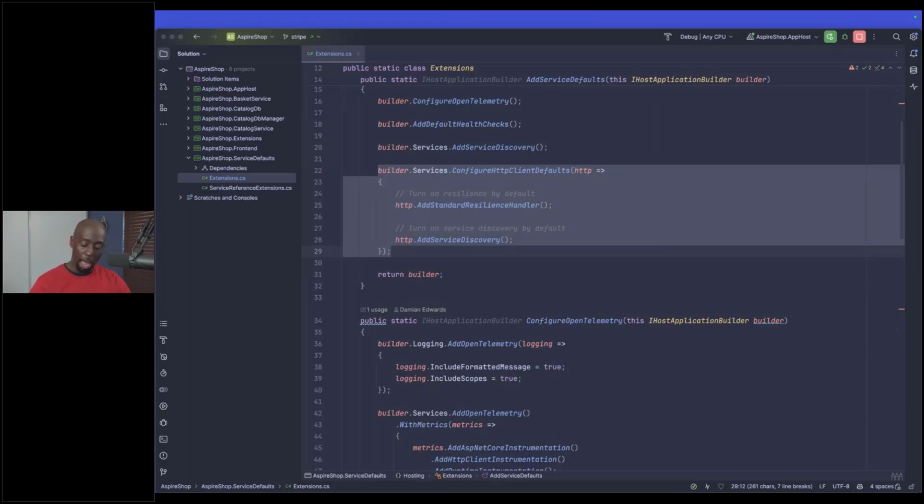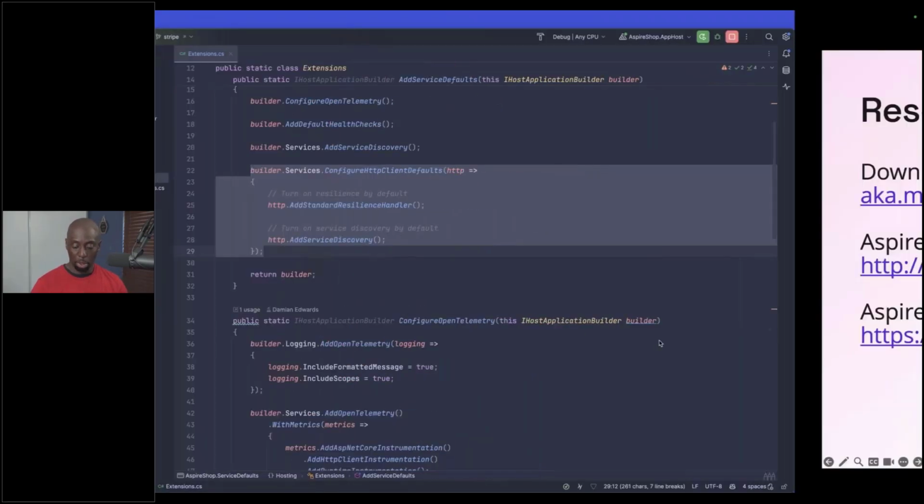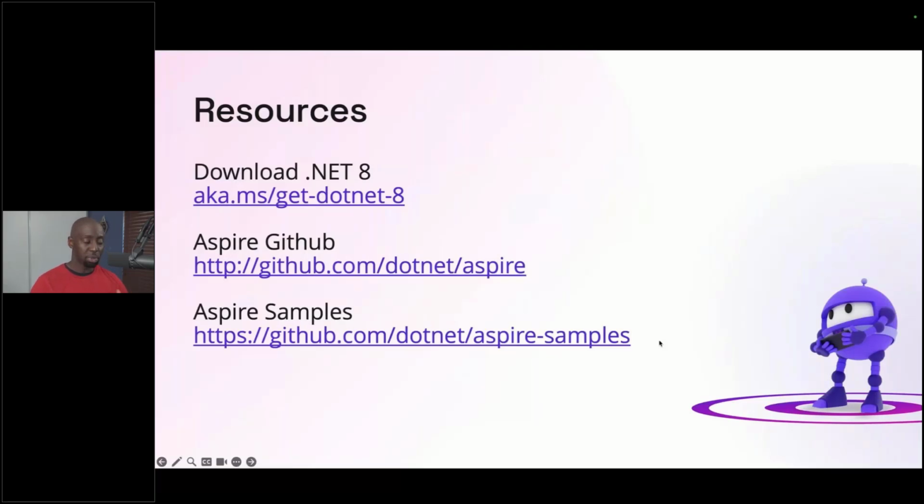So again, let's head back over to the slides really quickly. The things I want you to remember, the things I want you to take out of this talk, and this was a bit of a whirlwind review of what Aspire is and what Aspire can do. But when it comes to building microservices locally, when it comes to setting up multiple projects and project dependencies, this is where Aspire and the orchestrator and the service discovery support and the resiliency support can all come together and make your life so much easier as a developer.